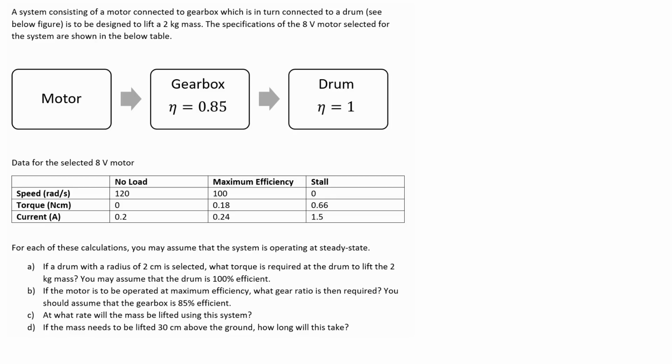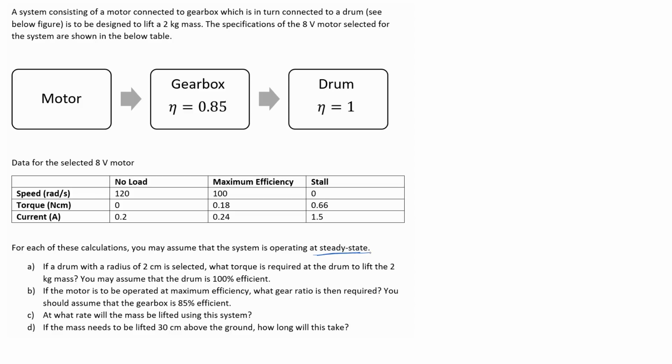So here we have a system consisting of a motor connected to a gearbox, which is in turn connected to a drum, as shown in this figure. It's to be designed to lift a mass of 2 kilograms. The specifications of the 8-volt motor selected for the system are shown in this table. For each of our calculations, we're going to assume that the system is operating at steady state, which is